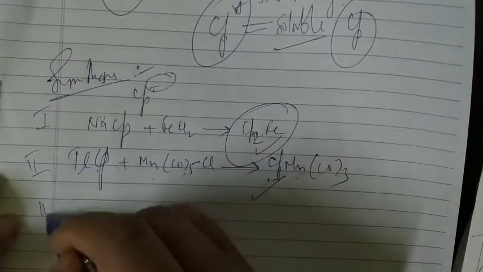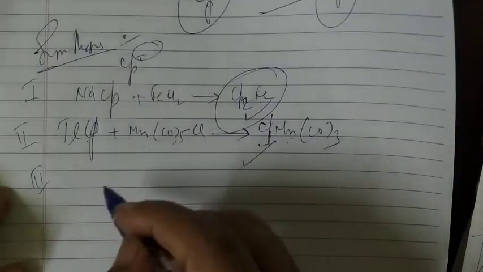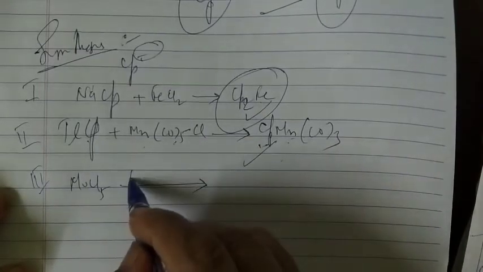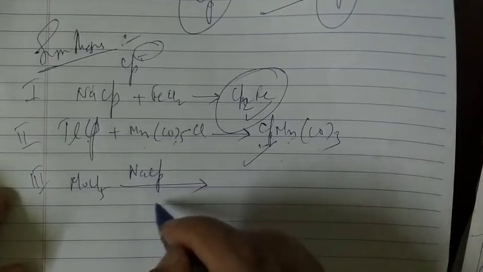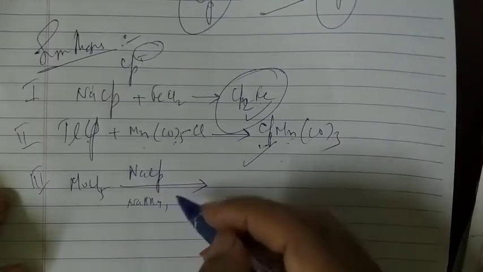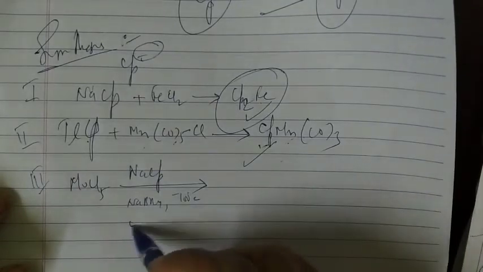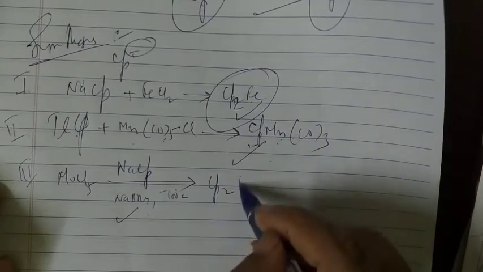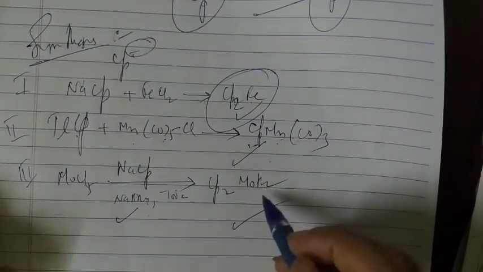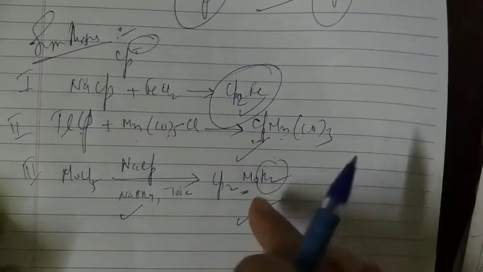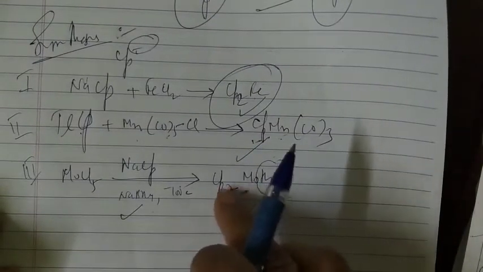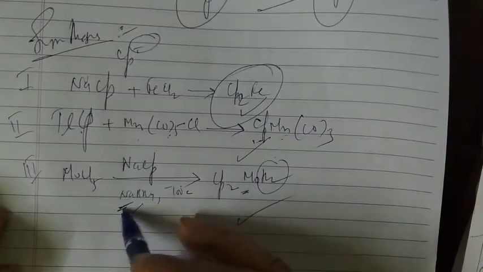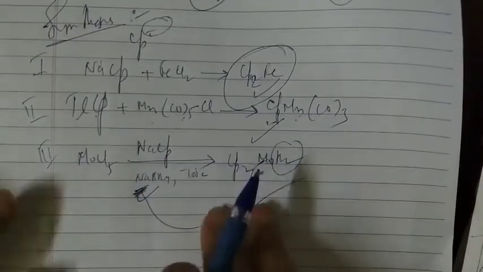Another simple synthesis I'm giving here is with molybdenum hexacarbonyl. When you treat it with sodium cyclopentadienyl and sodium borohydride as the reducing reagent at minus 100 degrees centigrade, you are going to get this compound: the dicyclopentadienyl dihydride complex of molybdenum. So this is what you have to keep in mind. Because you are using this reducing agent here, it will furnish these two H minus ions for this.